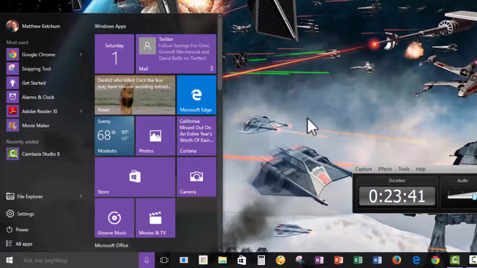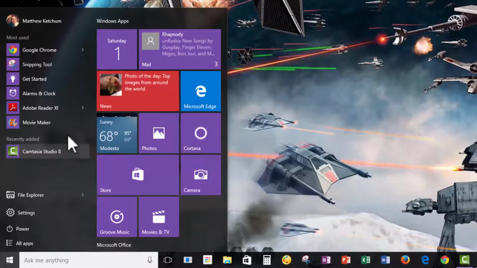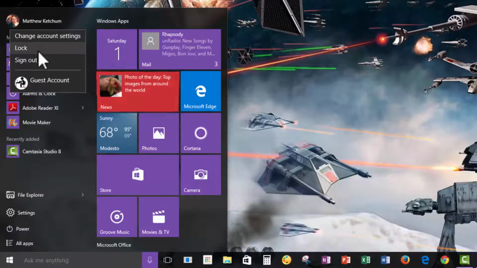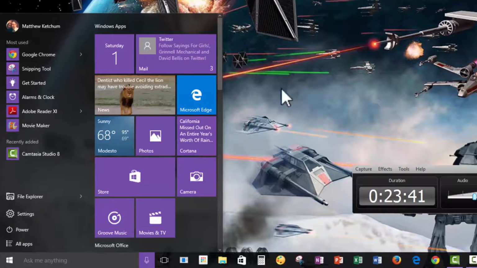Then click back. One other area I like on the left-hand side is your name up at the very top. So if you click on that, it's a real easy way to sign out or change your account settings, such as the picture or image that you're using. Over here on your tile side,